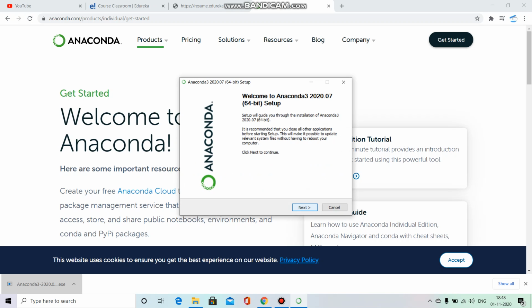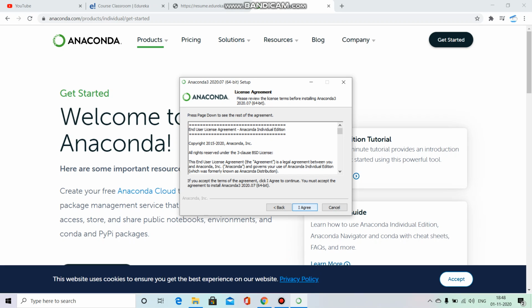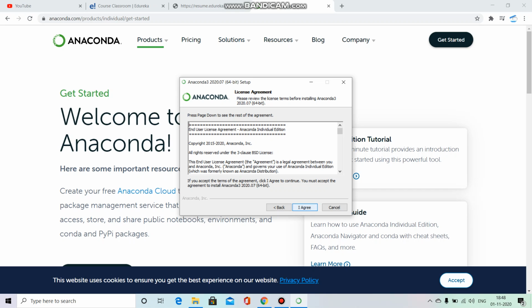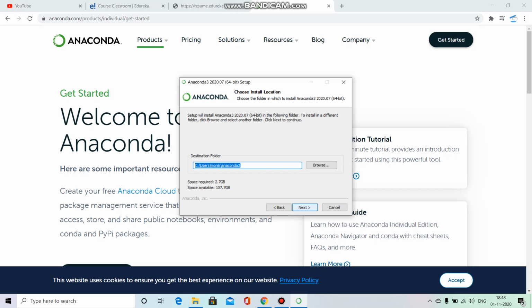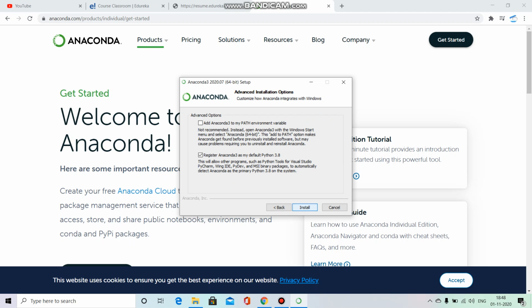So now that our exe file is downloaded, let's just open it. Click on next, then accept, and then choose the destination folder. So I'm just clicking on next. Next we are going to install